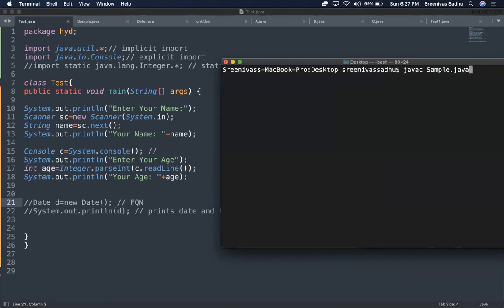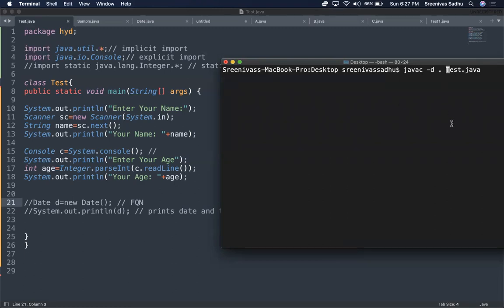You have a separate syntax for that: javac -d, and my class is Test.java. Since my class is in a package called HYD, whenever you put your classes in some package, you compile with javac, the Java compiler, -d. The destination you have to specify, and the destination is the current directory.